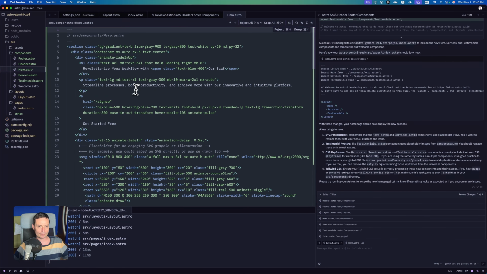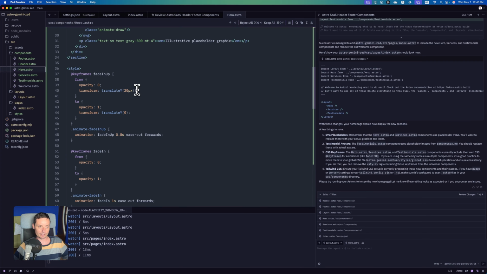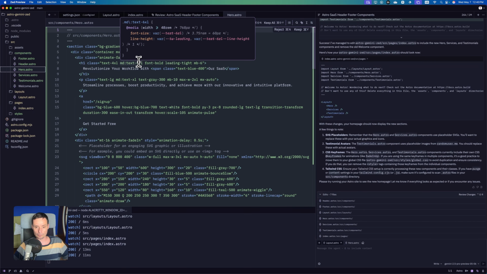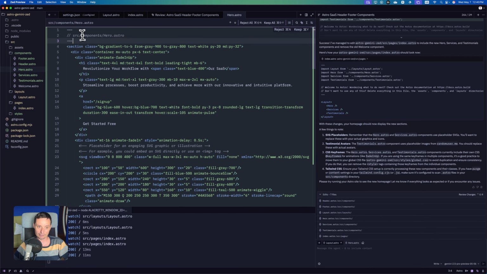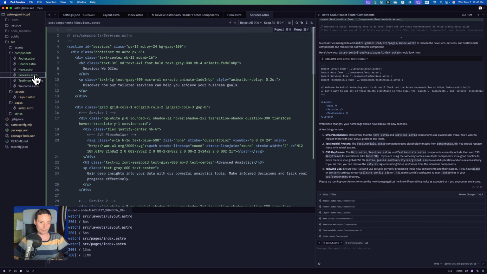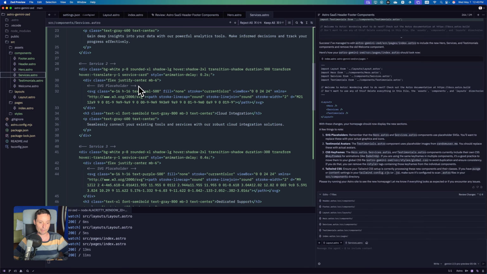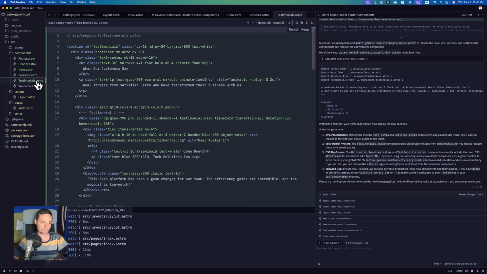Let's check also, because I'm interested to see the hero. So everything is hard coded in here. When you used Claude, it created details in the header that you can insert, like the text. It was not directly in the code. In here you have everything in HTML. Testimonials, same. I mean, the code is not that good from my point of view. I think Claude is still doing a better job